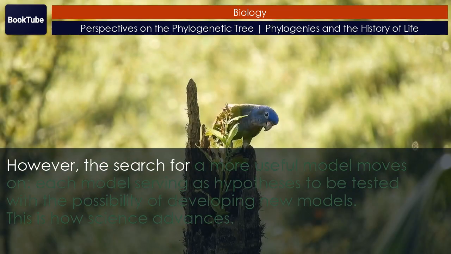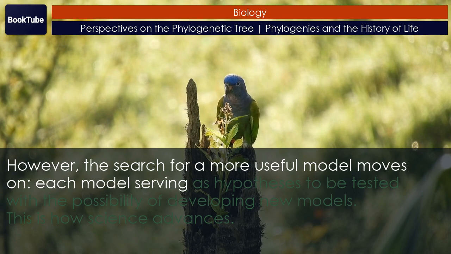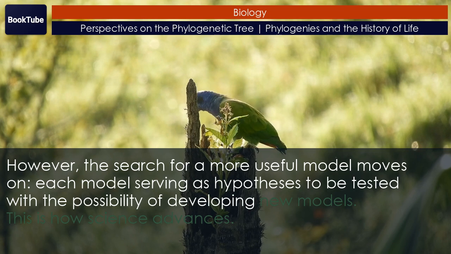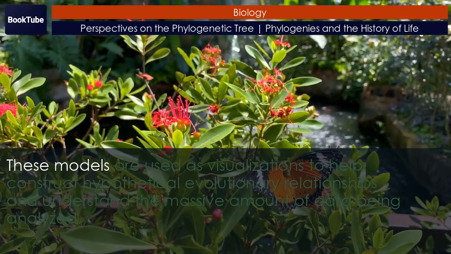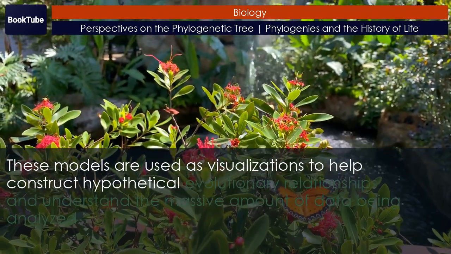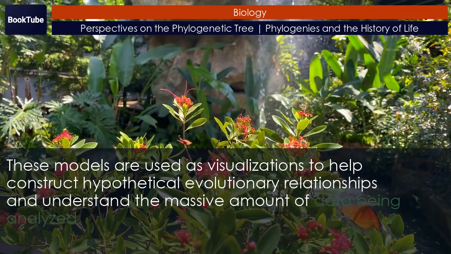However, the search for a more useful model moves on, each model serving as hypotheses to be tested with the possibility of developing new models. This is how science advances. These models are used as visualizations to help construct hypothetical evolutionary relationships and understand the massive amount of data being